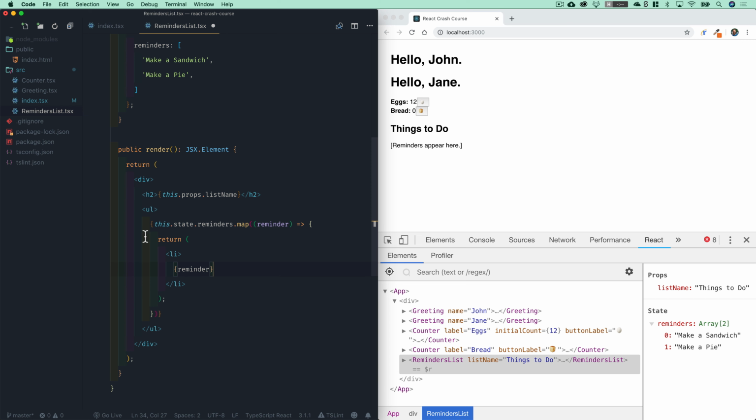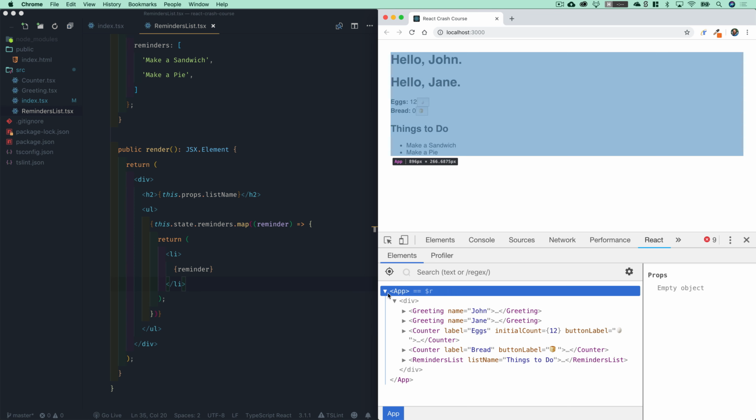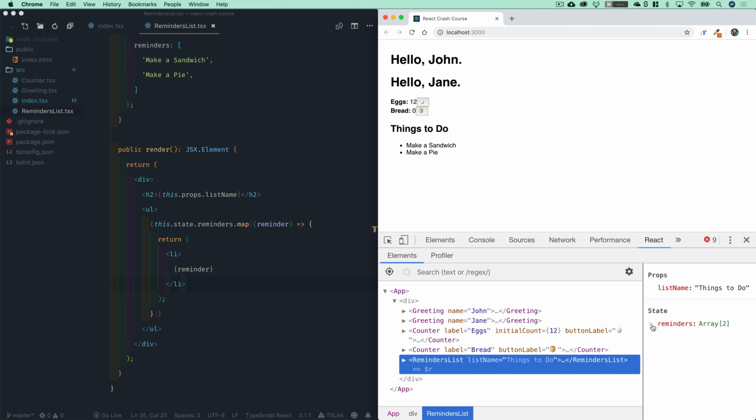So basically all this is doing is just saying for each reminder, return a list item. And as we save here, you'll see in our web browser, there are our two reminders that are initialized in the state of this component. And because React is reactive, we could go down into our dev tools down here, and sure enough, anytime the state changes,